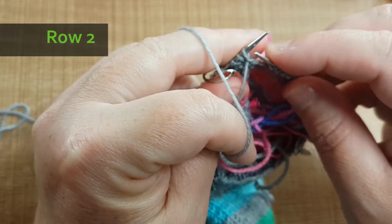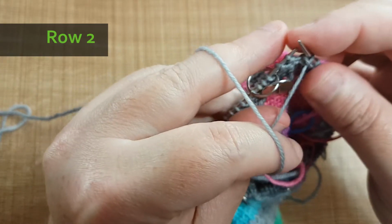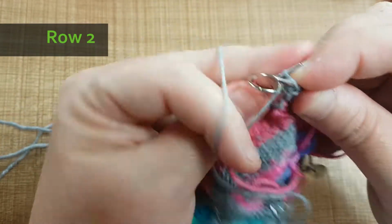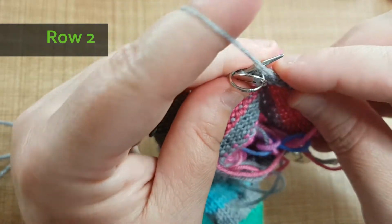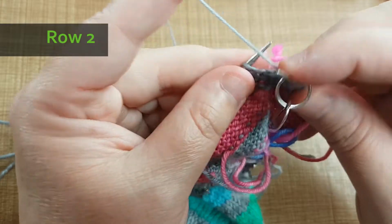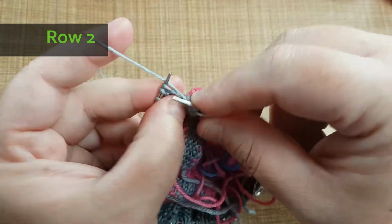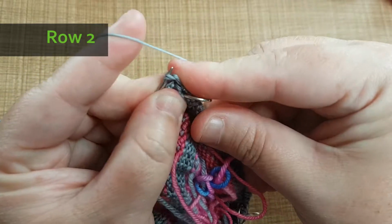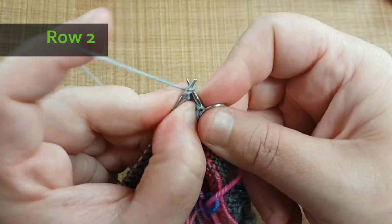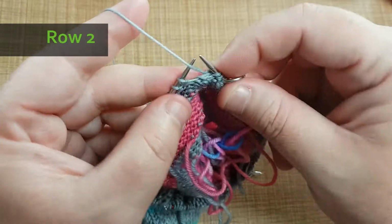and then we slip 1, and I'm slipping it purlwise. Then we purl 3, purl 1, purl 2, and I'm just going to slip this marker and purl 3, then knit 2 together. Oops, I missed my stitch. Come on, you. Knit 2 together, then purl 1,